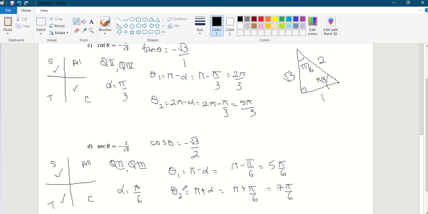Again, we cannot use calculator here to find alpha because if you punch in calculator cos inverse root 3 over 2, it will give you either degree answer if your calculator is in degree mode, or if your calculator is in radian mode, it will give you a decimal number equivalent of pi over 6. That's not what we want. We were asked to find theta in exact form, meaning that no decimal here.